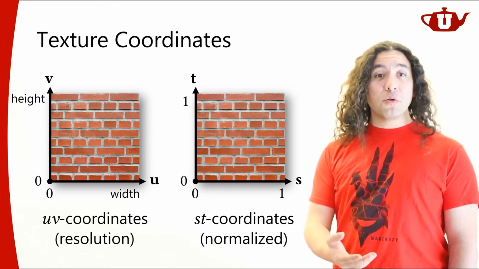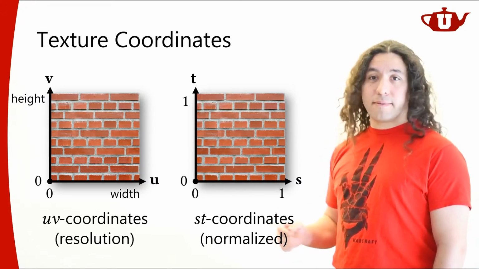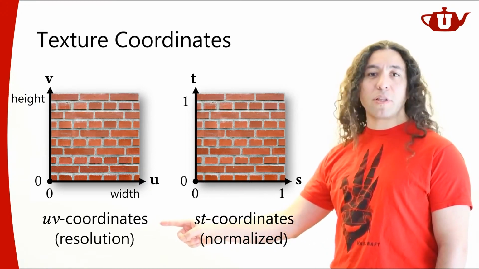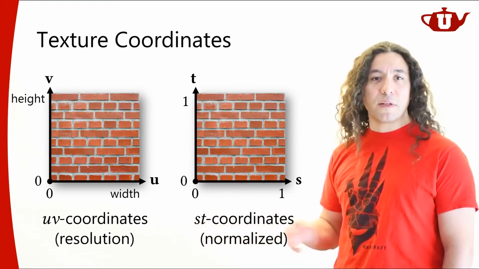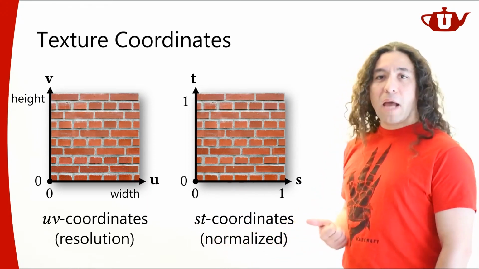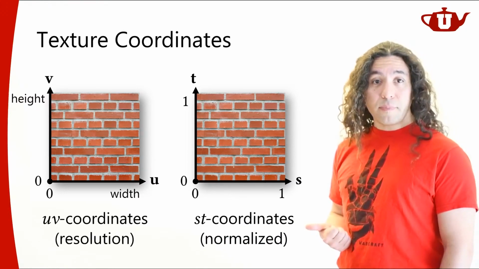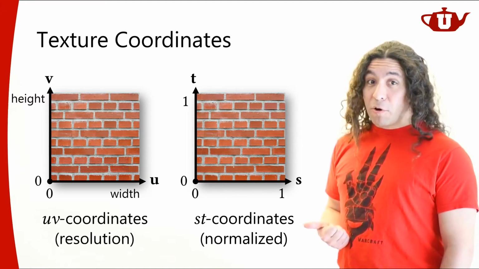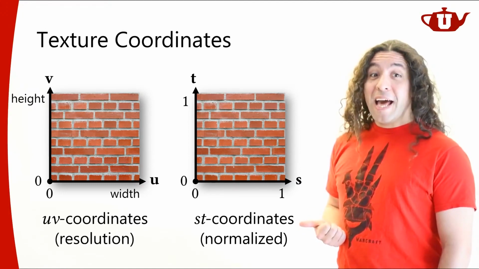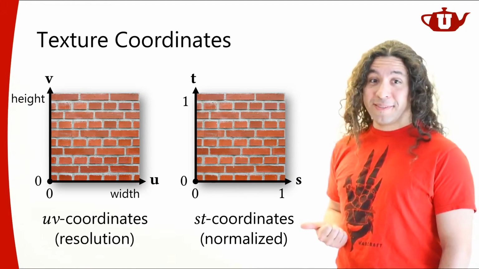And then our GPU will automatically take those ST coordinates and under the hood, it will automatically convert them to the corresponding UV coordinates and do the texture filtering automatically, right? So all of that stuff is going to happen automatically. And we are going to provide these normalized texture coordinates. Now, according to OpenGL specification, these are ST coordinates, but pretty much everybody calls them UV coordinates.